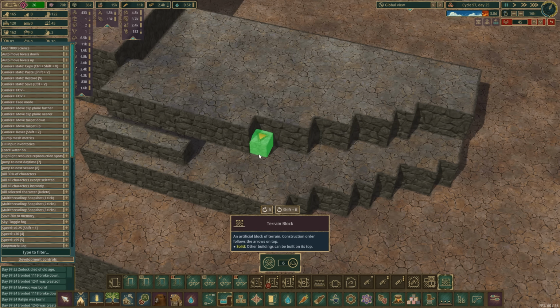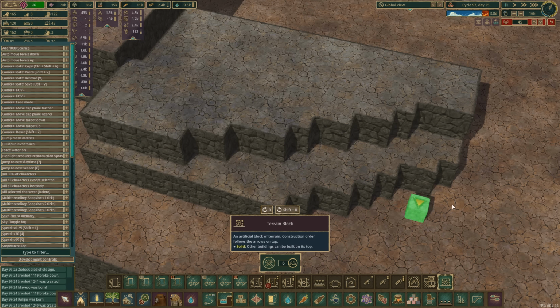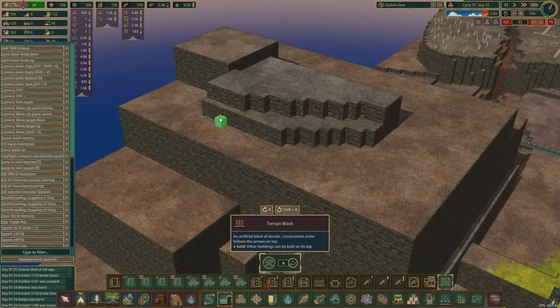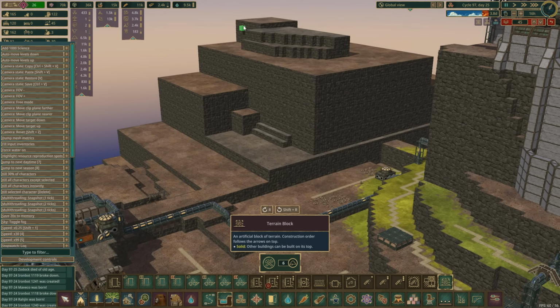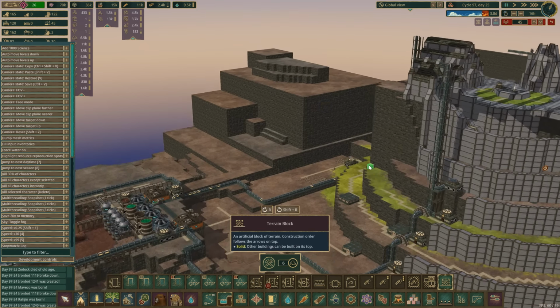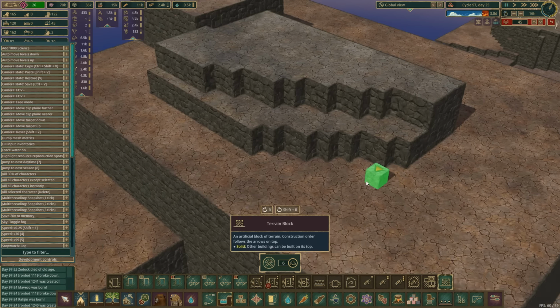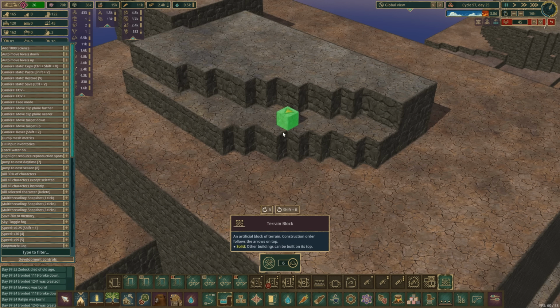And the thing to do is do little adjustments. So like you can chuck something in and then just start to refine it until you get something that you're happy with. Now, when you do these 2 blocks high, if you just leave it like that, it tends to not really look that good. And the trick I find for making it actually look okay is to just extend a